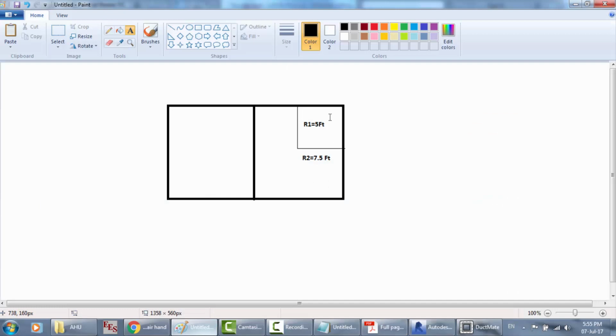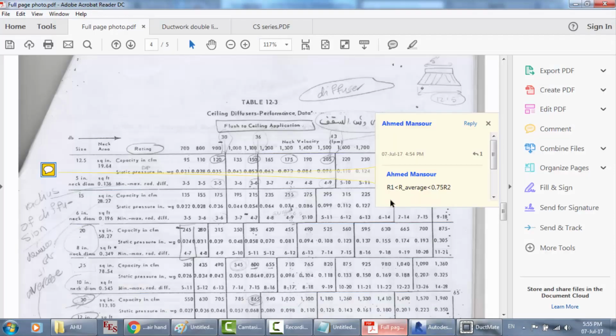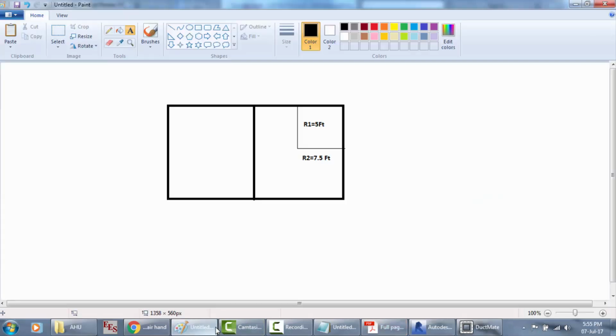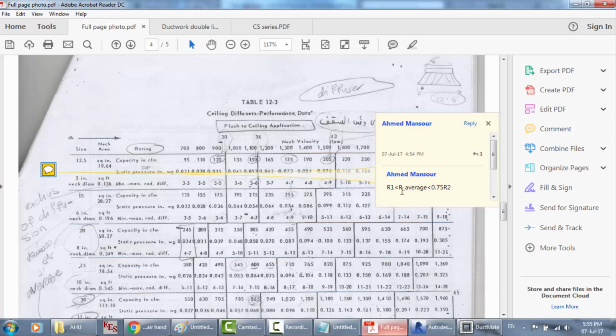Suppose that this is the zone. R1 is 5 feet, and R2 is 7.5. So this is R1 and this is R2. Get the equation and put R1 here and R2 here, and multiply R2 by 0.75. So the R average is 4.5 and R1 is 5. So here R average is not greater than R1,